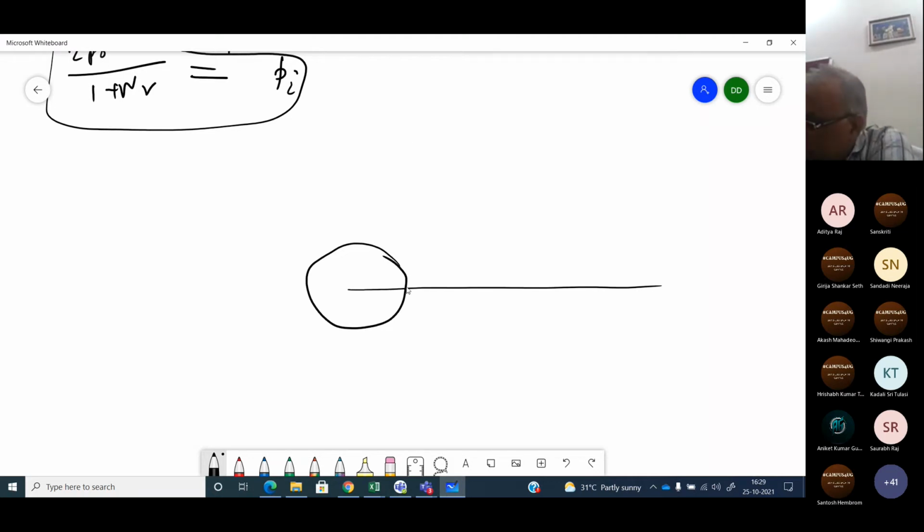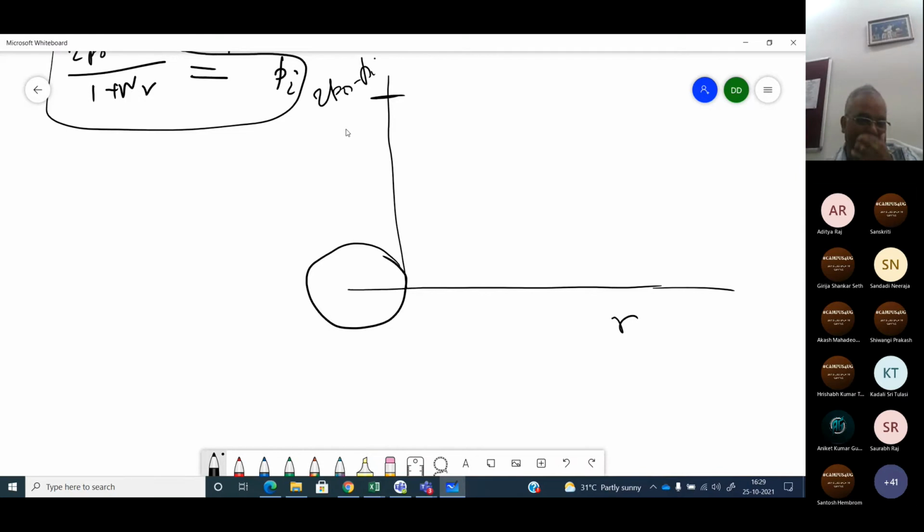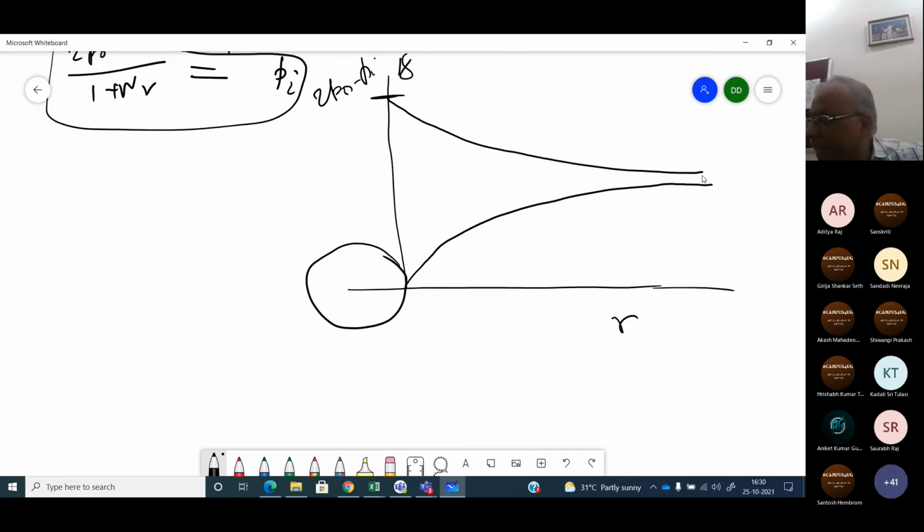In elastic, there is absolutely no problem, right? We know what this value will be. 2 P naught minus Pi, that is the maximum it will go, right? Because you have applied an internal pressure, and that's why this is 18. Then it is gradually coming down and going towards 10. This is about 10.